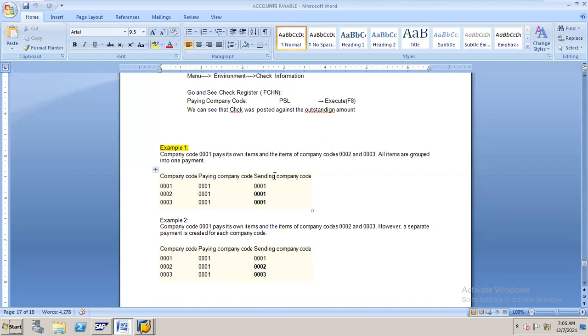Who is sending, meaning the check is in whose name? The first company code. In case of the second company code, who is paying the invoices? The first company code. Sending means the check is in the name of the first company code. Company code 1 is paying its own invoices, the second company code invoices and the third company code invoices, and it issues the checks, but the check is in the name of the first company code. That is why, for the second company code, paying is by the first company code and the check is also in the name of the first company code. In case of the third company code, paying is by the first company code and the check is also in the name of the first company code. Clear? Yes, ma'am.